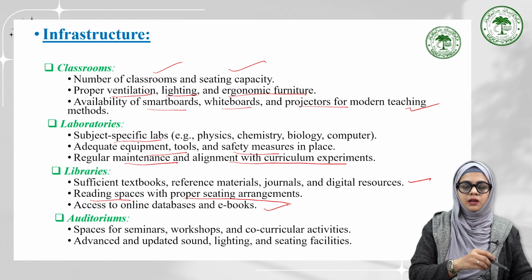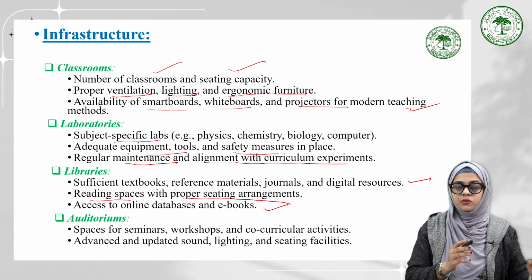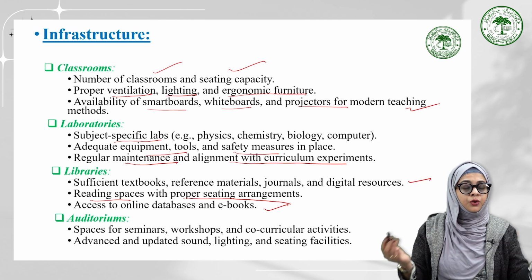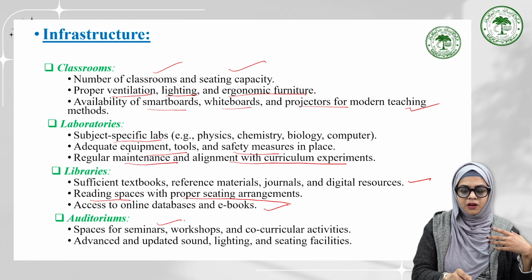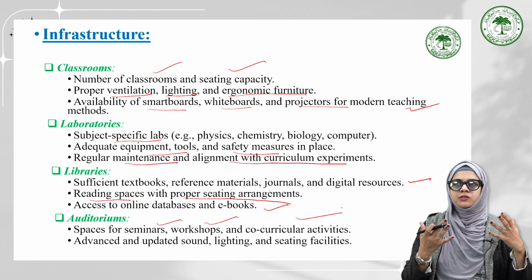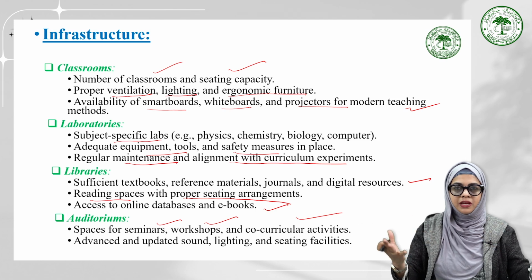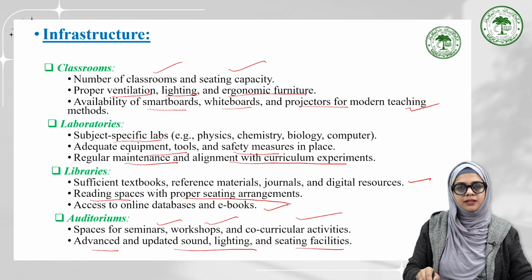So your fourth is the auditorium. The auditorium is also part of the infrastructure. Why do we need an auditorium? We need space to conduct seminars, workshops, and co-curricular activities, and it's not sufficient to just have space. It should have advanced, updated sound, lighting, and sitting facilities